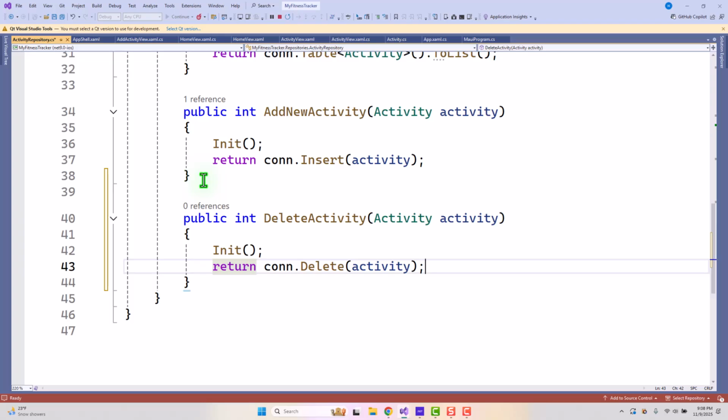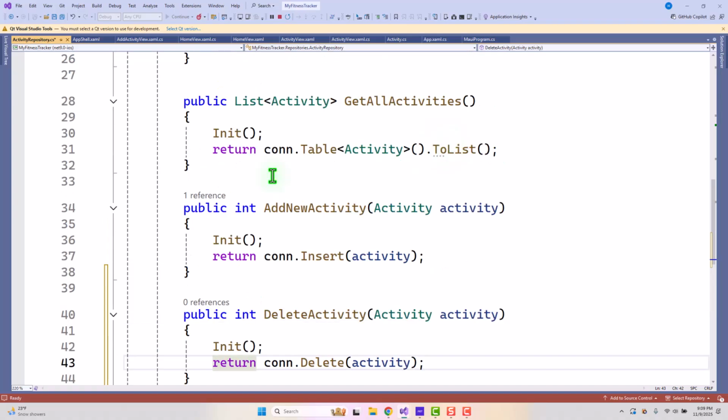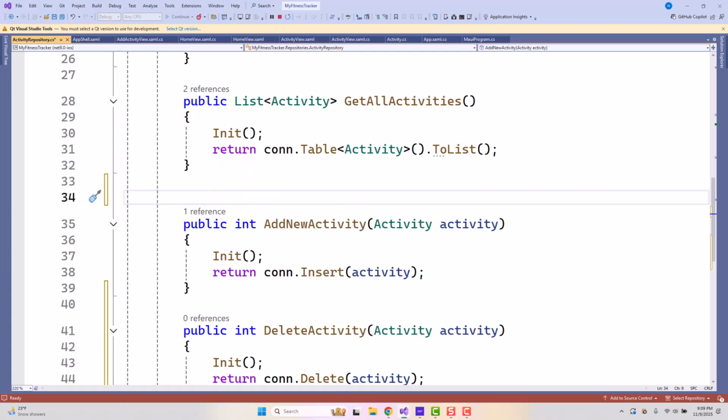Now we can certainly do that, but we want to take it one step further, and instead of using that particular method, we want to call a method that gets an activity by ID and then delete that, because we want to use a record here to get an individual activity, just to practice and get experience with that,